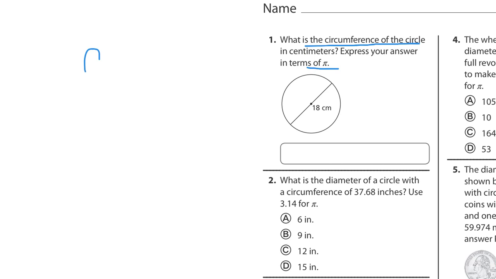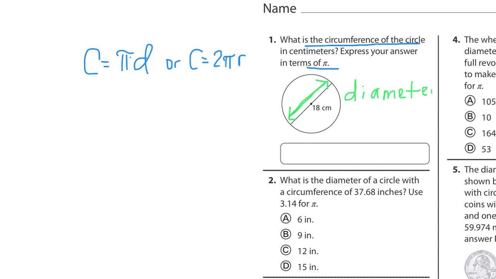So we know that circumference can be pi d, or circumference is 2 pi r. This here, from here to here, and it goes through the center of the circle, that one is called the diameter. So because it's the diameter, we're going to go with